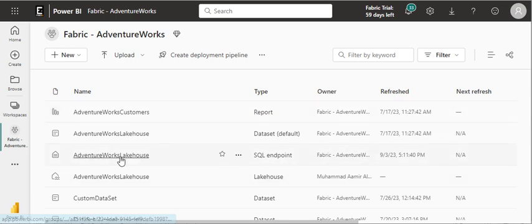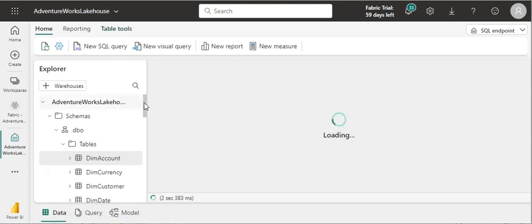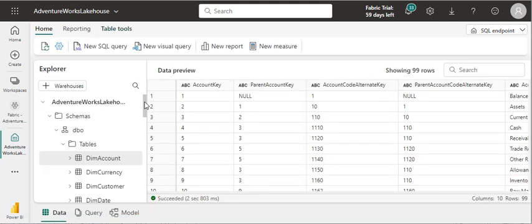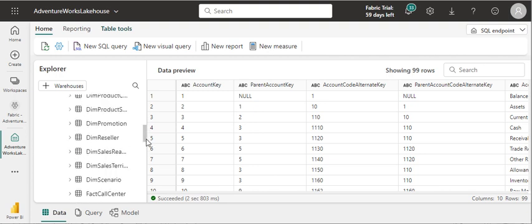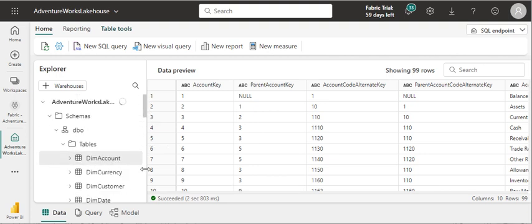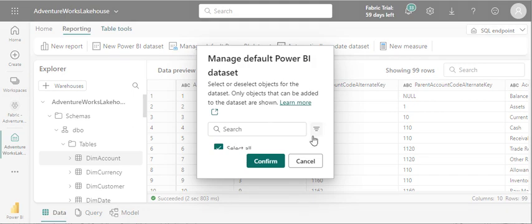So here I'm going to click on AdventureWorks Lakehouse SQL endpoint. Once I click that, it's going to load and show me all those tables which I've brought from AdventureWorks, and they are present in my lakehouse. Here I'm going to click on the reporting section, and from reporting there is an option of manage default Power BI dataset, and once you click there you can see all the tables mentioned